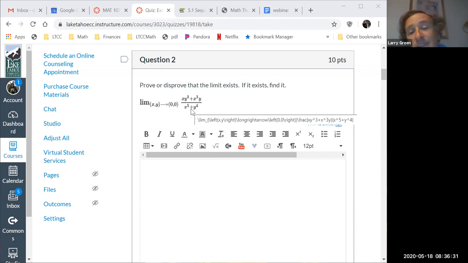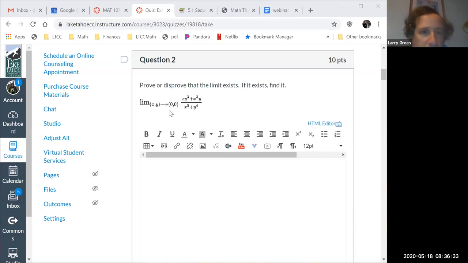Stop me if you don't understand something I said. If x is 0, then the numerator is 0 and the denominator is y to the 4th, and that just gives you a 0. Remember that until you take a limit, you don't have 0. If y is 0, you also get 0 in the numerator, and you don't have 0 in the denominator, so that's a 0. But if y equals x, everything changes,